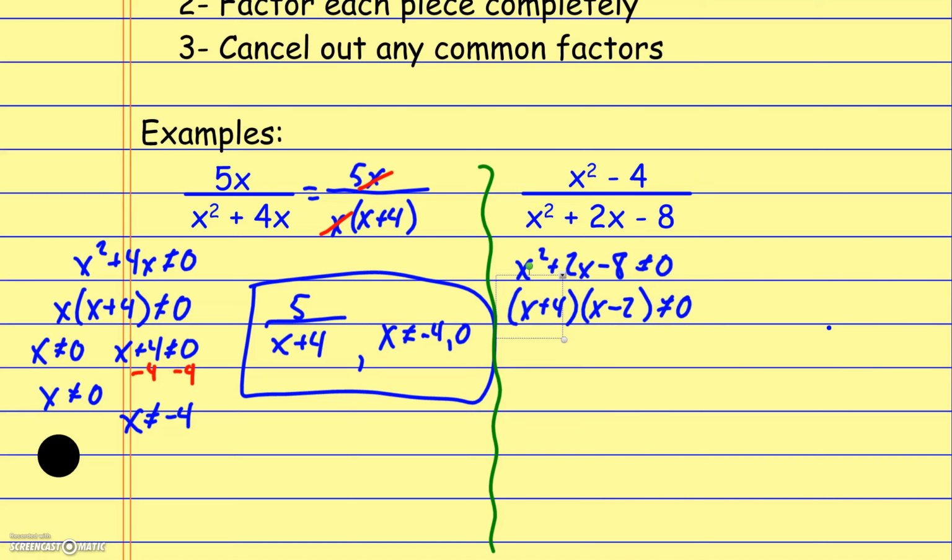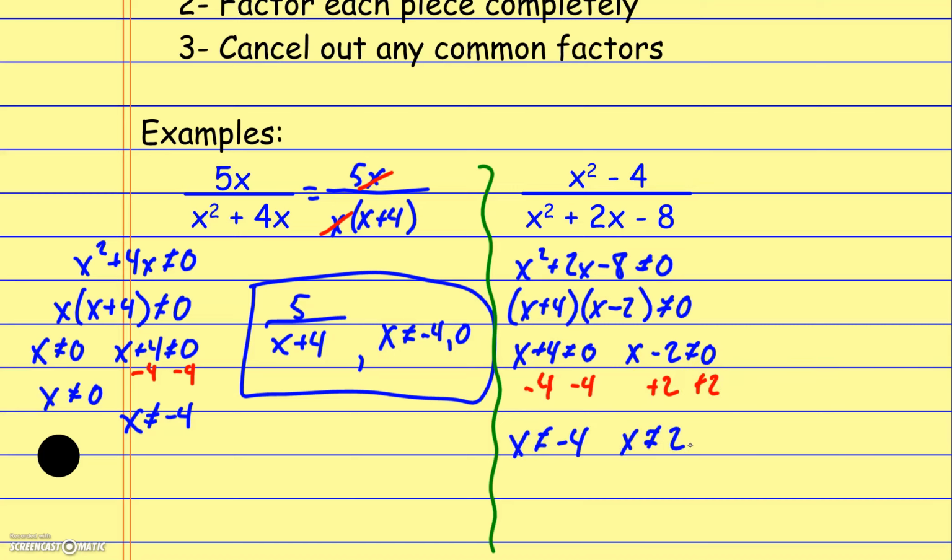And now I set each factor to not equal 0, essentially. So I say the x plus 4 cannot equal 0, and the x minus 2 cannot equal 0. And I have to solve each of these. So over here in this first one, I have to subtract the 4 from each side. Over here, I have to add the 2. And so I come up with these two domain restrictions of x cannot equal a negative 4 and x cannot